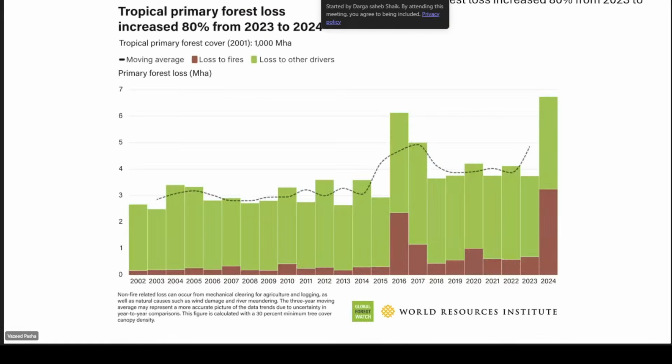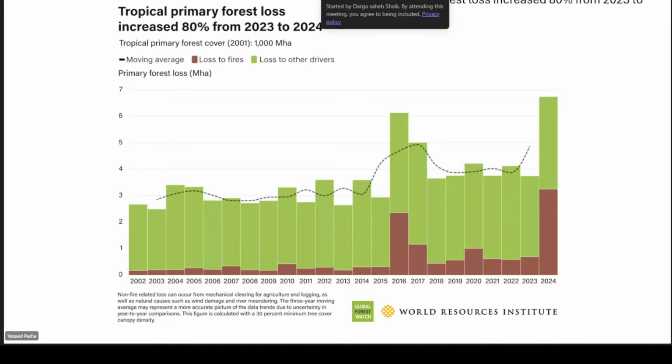Now in this interesting graph, you can see the tropical forest loss increased by 80% from 2023 to 2024. Now you can see the historical trajectory from 2002 to now. The green shows the loss due to other drivers, meaning forest loss due to deforestation, fragmentation, and mining.